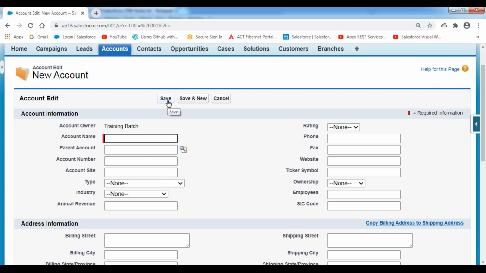Sir, after every record you hit the save, or at the end of 500 records? Sorry? At the end of every record, after you fill up every record, let's say that you've entered 10 records and you hit the save. So when you're entering the 11th record, the power goes away. So the 10 records will be saved. No, not 10 records, 10 fields. At that time, what will happen? Once you click on the save button, it is going to create the record directly. Second time, we have to enter it again and again and again.